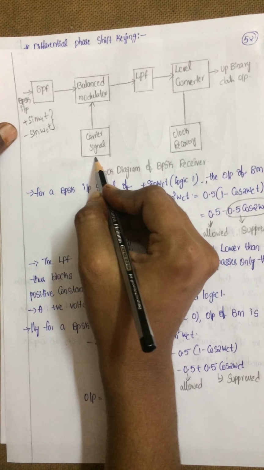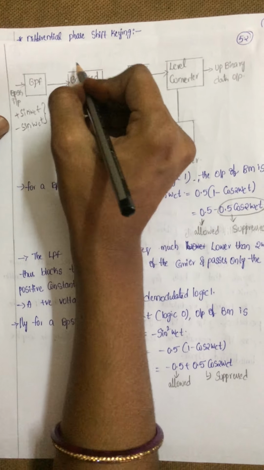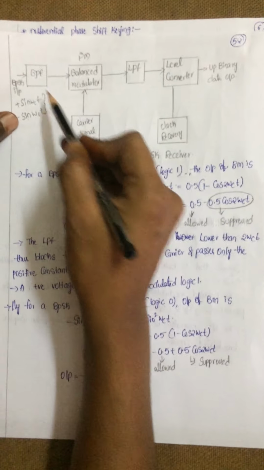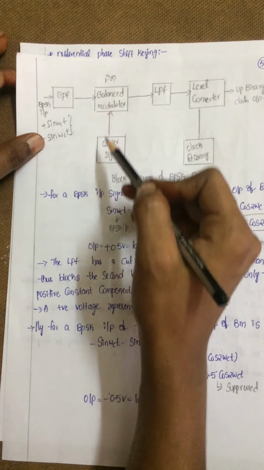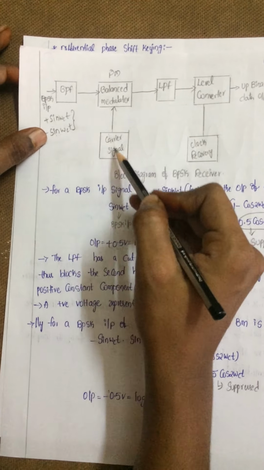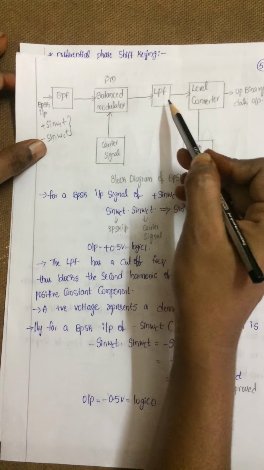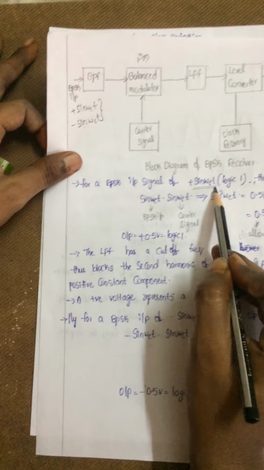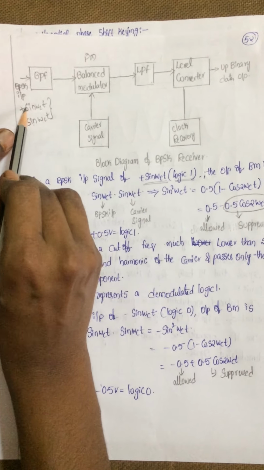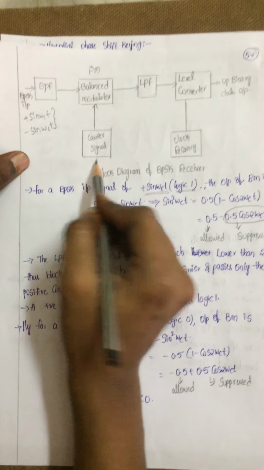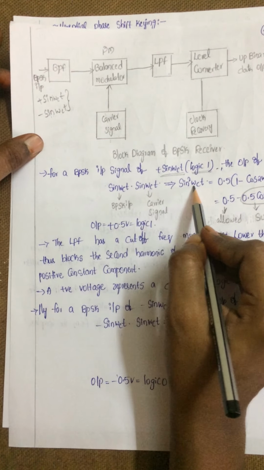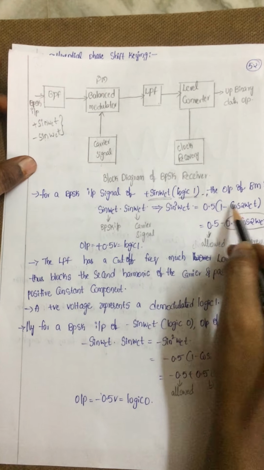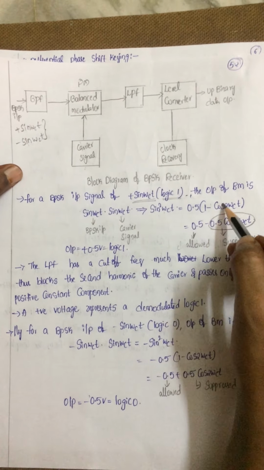Next, that is given along with the carrier signal. These two are given to a balanced modulator, also called a product modulator, we know, right? This product modulator will perform multiplication between these two. Let me take the input signal of plus sin ωct, meaning logic 1. From here plus sin ωct, and from here the carrier signal sin ωct also. So sin into sin is sin square, and using the 2 sin square theta formula in terms of cos 2 theta, we perform that mathematical application and get this value.